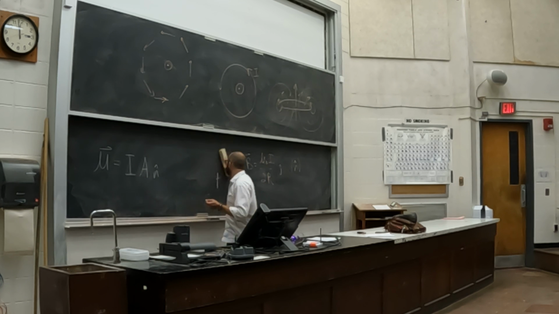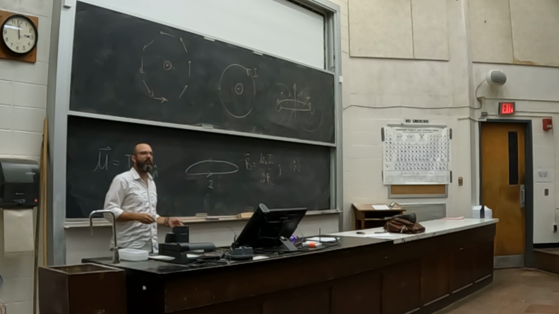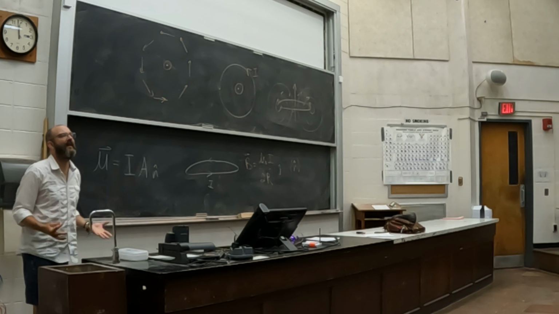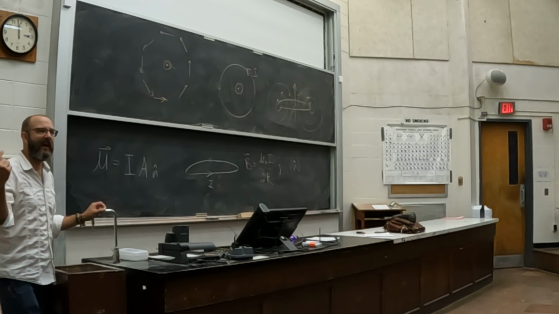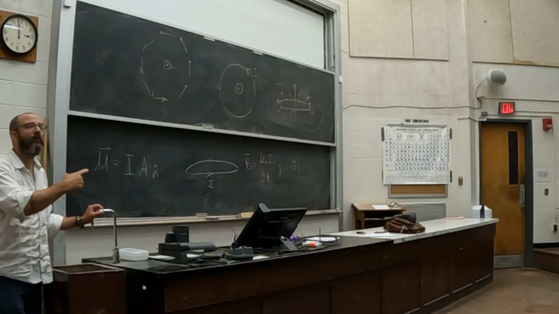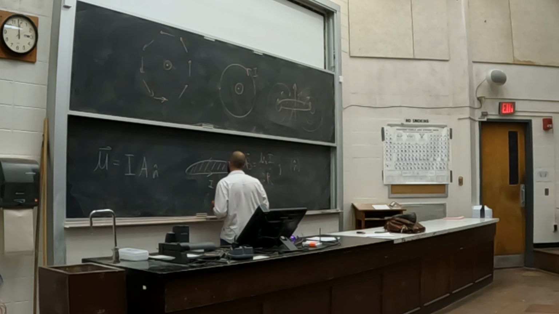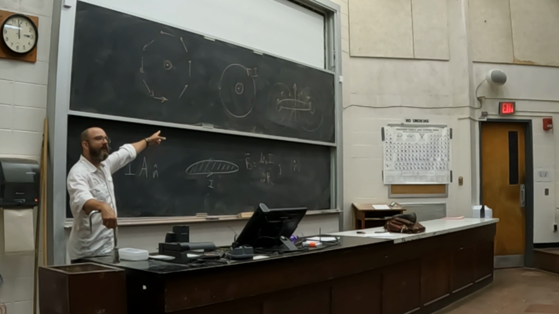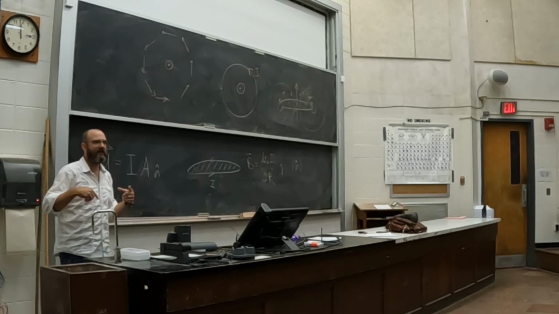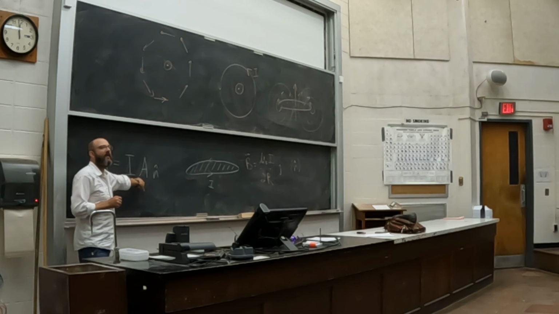If I have a loop of current, like what I just drew and erased, this loop, just by virtue of being a closed line, has a cross-sectional area. And I'm not talking about the cross-sectional area of the wire. I'm talking about the area enclosed by the wire itself. So everything I'm shading, that's the area formed here. I times A, the current magnitude times the area, gives you this quantity here, which is called the magnetic moment